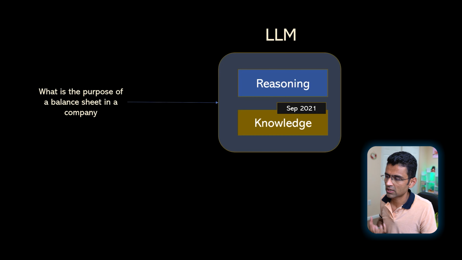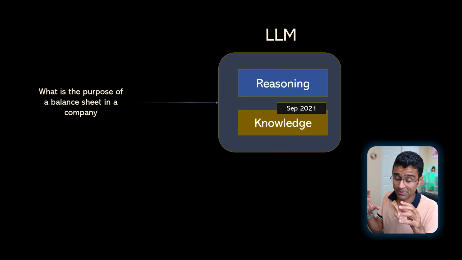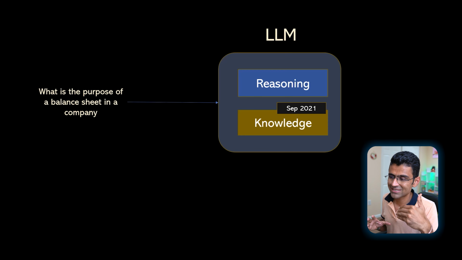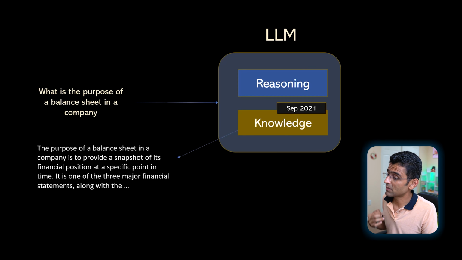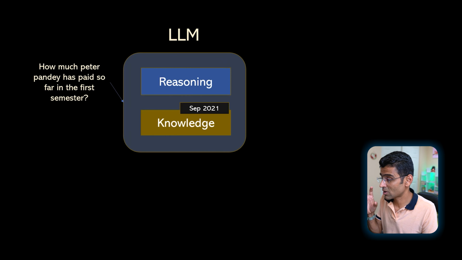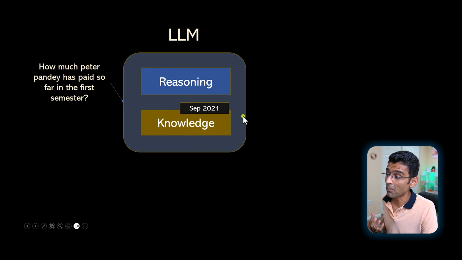Now, when you think about the project architecture, whenever you are thinking about any LLM such as GPT-3, GPT-4, which are the LLM models behind applications such as ChatGPT, these models have two components, reasoning and knowledge. You all know as of right now, ChatGPT has knowledge till September 2021. So when you ask a question, and if it is part of its knowledge and reasoning capability, it doesn't have to go anywhere else. It can just directly answer that question. But when you ask a question specific to your organization's knowledge, it doesn't know. It doesn't have that information in its knowledge, but it can use its reasoning capabilities, okay?